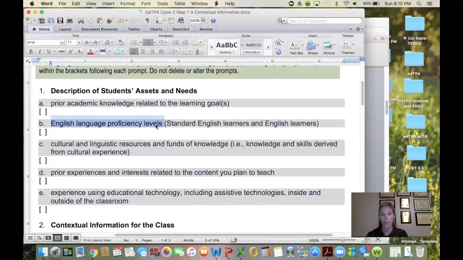What's their level of proficiency with literacy? The next piece, the cultural and linguistic resources and funds of knowledge. So what are your students bringing to the table? This is going to be maybe more specific to groups of learners, right? What do they know? What have they learned at home? What is their background? What is their experience that is going to help them do well with this literacy concept